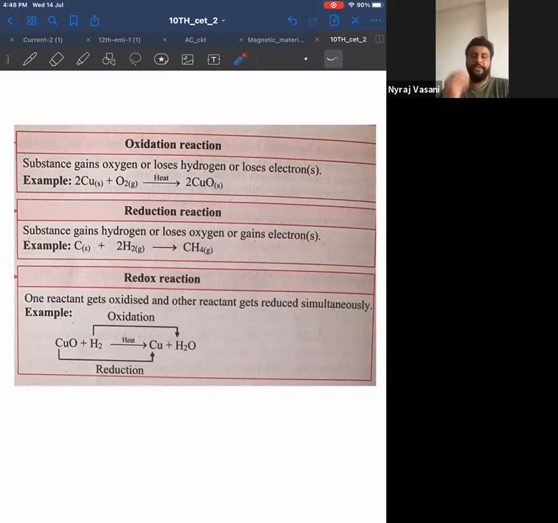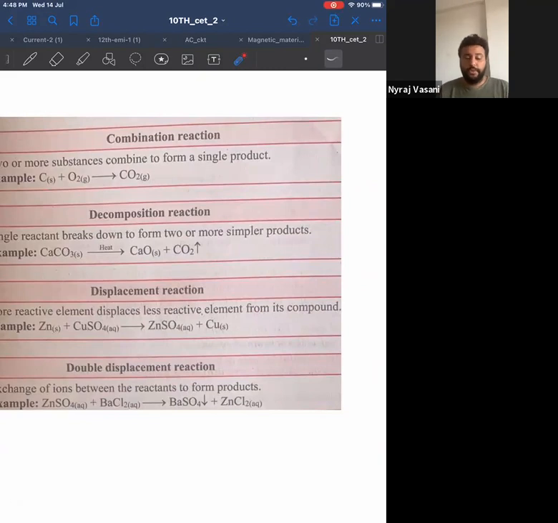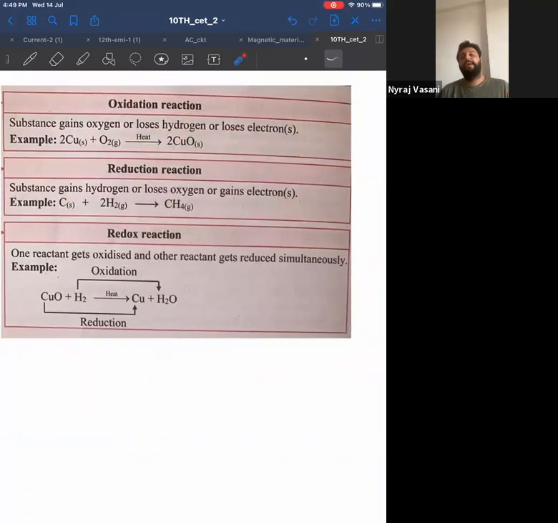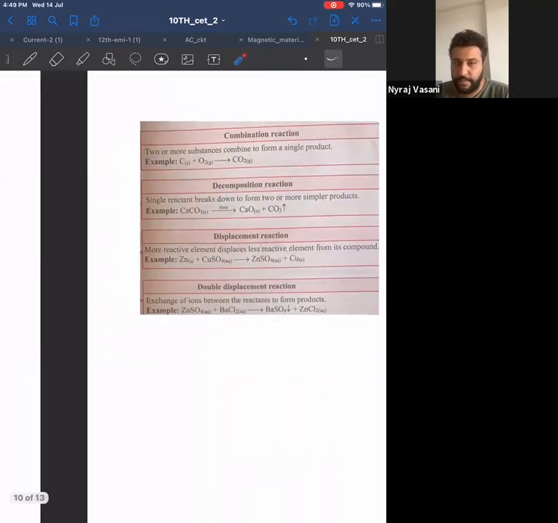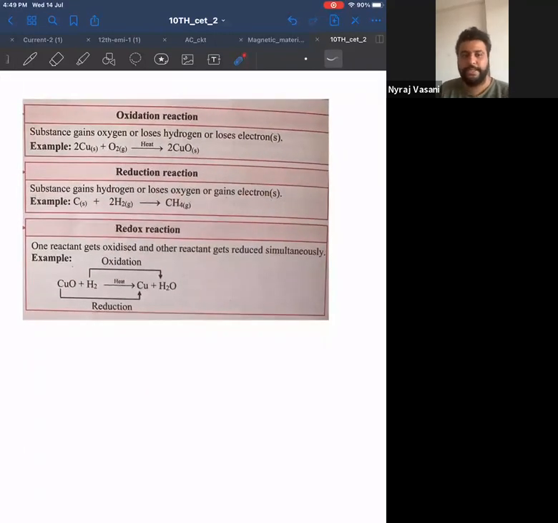So in the exam, what will happen is they'll give you one reaction. They'll tell you to identify which it belongs to, whether it's oxidation, reduction, redox, none of the above. Then you have to see the reaction and identify what happens. Same way for over here, where we had different kinds of reaction: combination, decomposition, displacement, and double displacement. One more category with respect to oxygen is oxidation, reduction, and redox. I'll leave it on for some time more. Finish it. Then I go to the next MCQ.